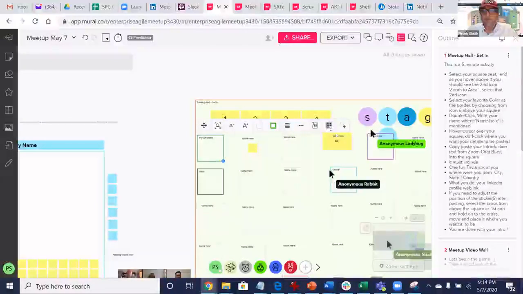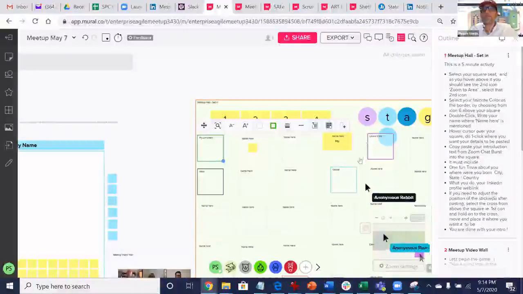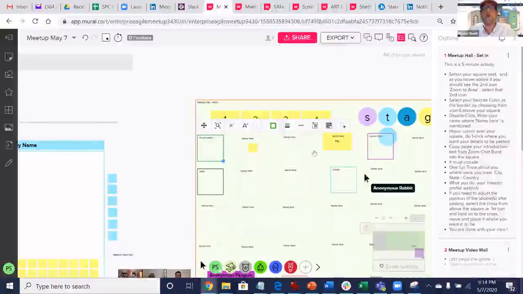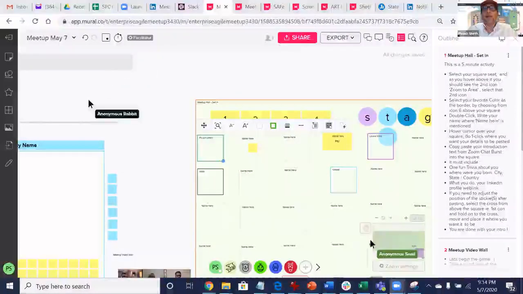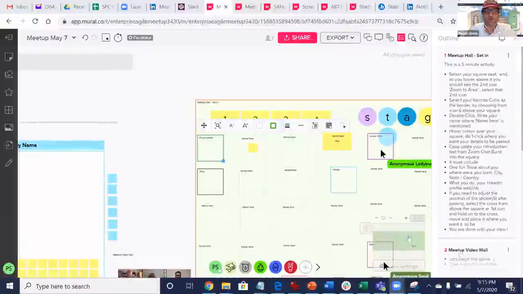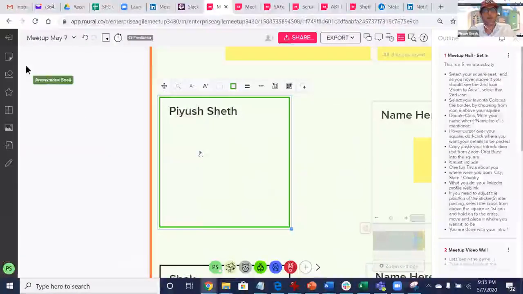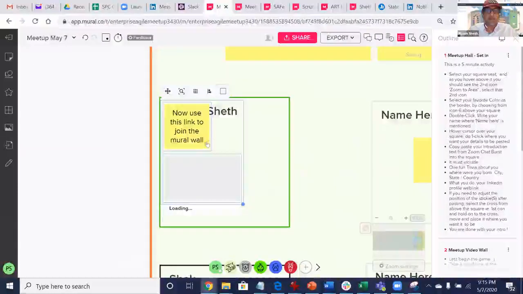Once you have settled down, the next thing you have to do is go back to the Zoom chat and cut and paste the introduction that you did on Zoom onto the seat that you have. I'm going to do it for my part. You can watch me. I'm just cutting and pasting right now. I just pasted